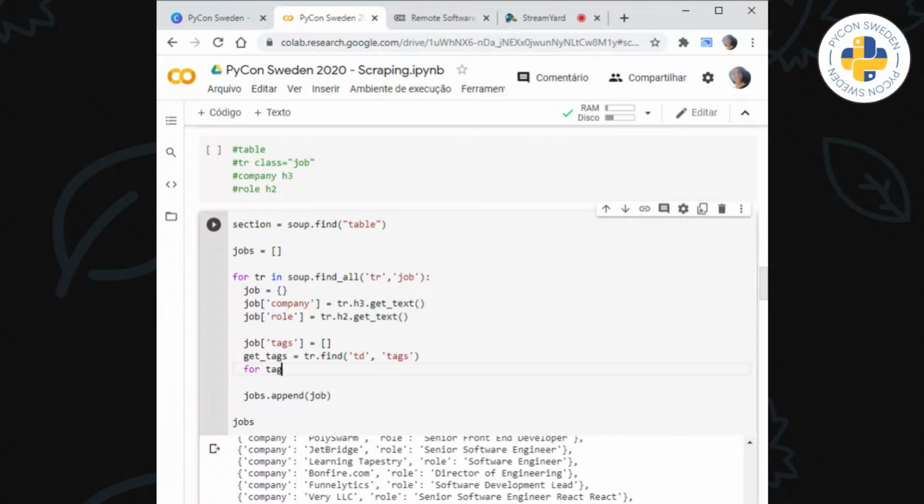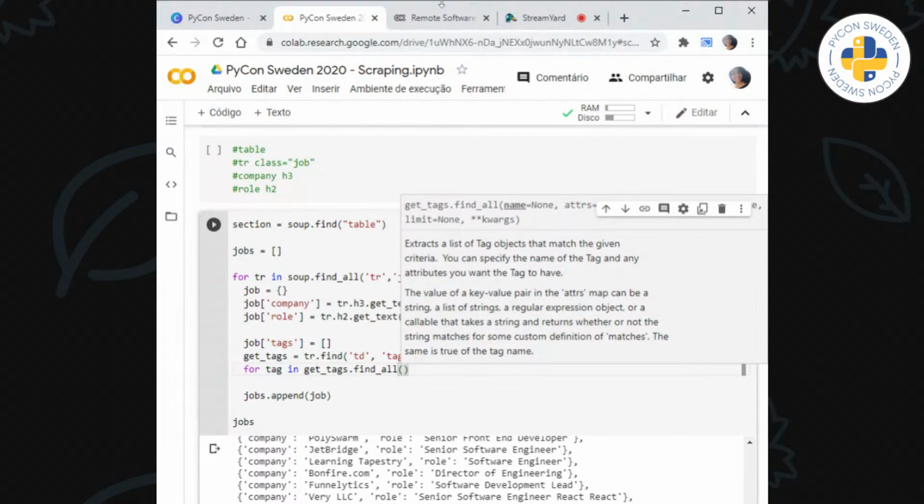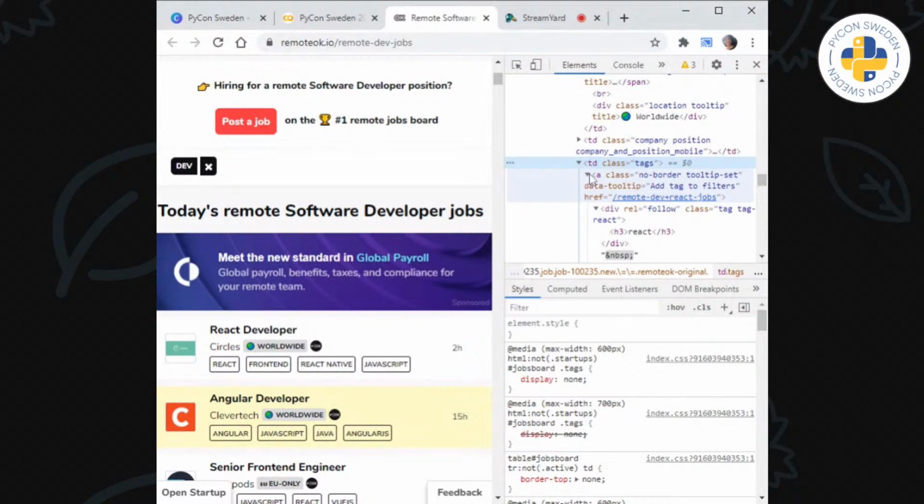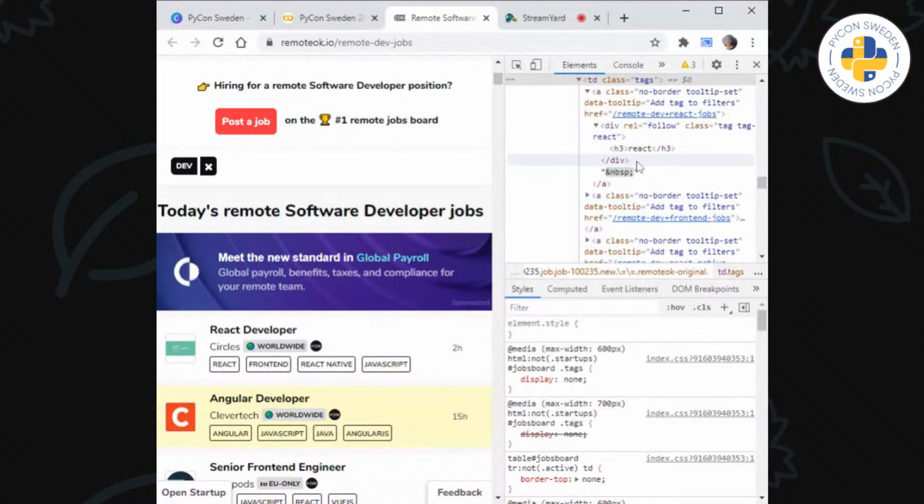So for tag in get tags, find all. My computer is super slow, guys. Sorry. So I can go, as we saw here, over all the links, the divs, or I could also go through the titles.